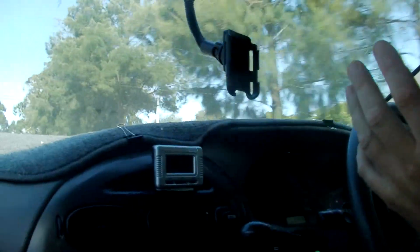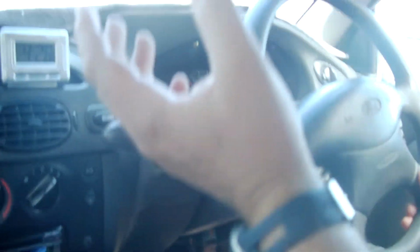It's nothing flash by any means. It's quite rough on the inside. The interiors, like the door interiors, have wear on them. The colour on the steering wheel is starting to fade off, and so forth. But